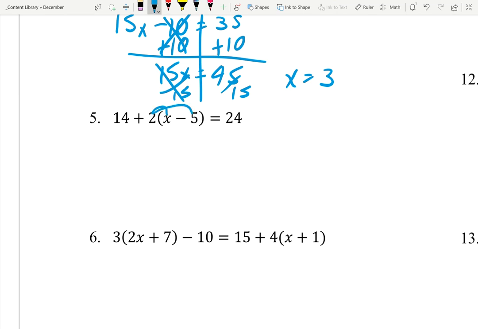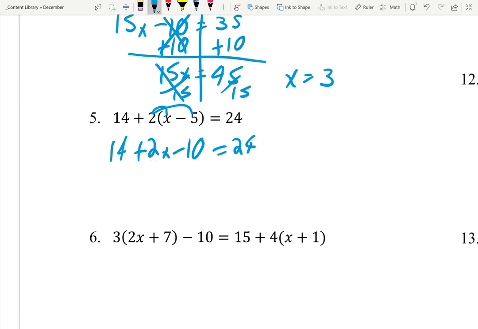So that means distributing in this case. Leave the 14 alone. We can't do anything about it now. Distribute 2x, and 2 times negative 5 turns into negative 10. Okay, so you know that 2 times x minus 5 turns into 2x minus 10